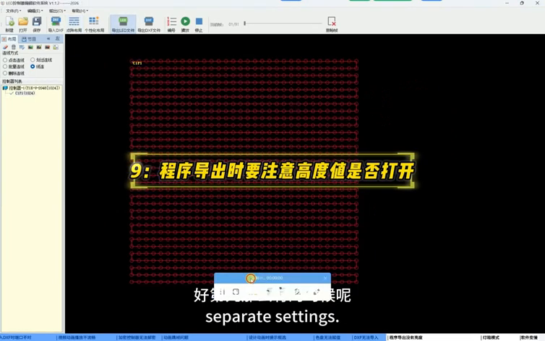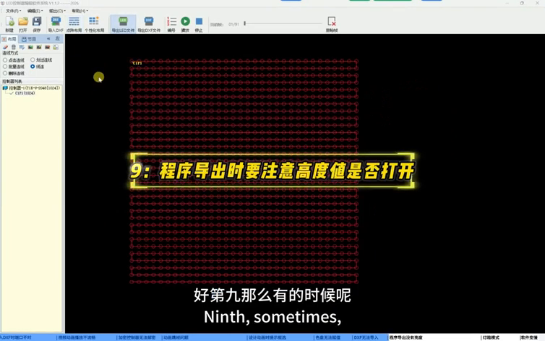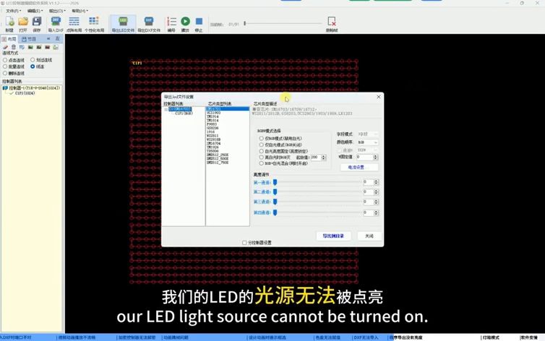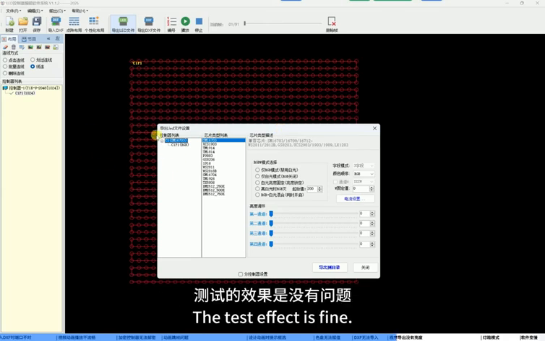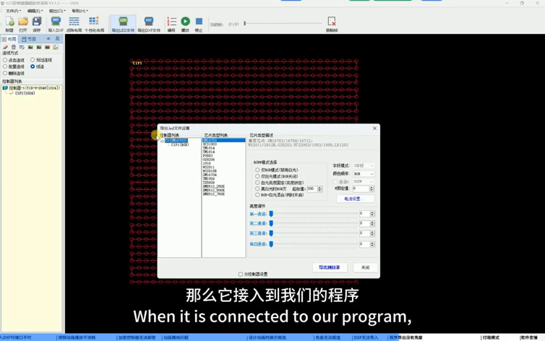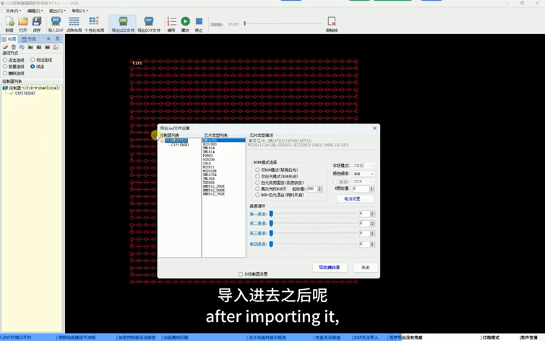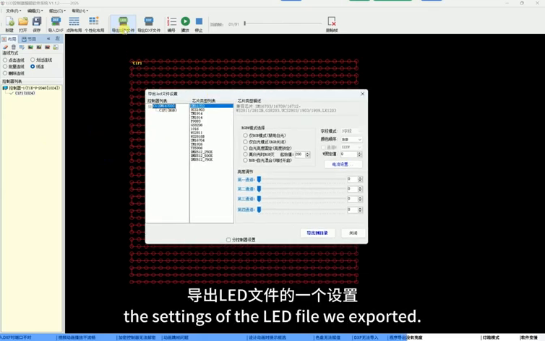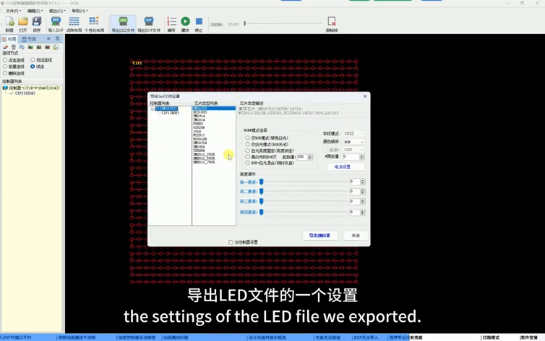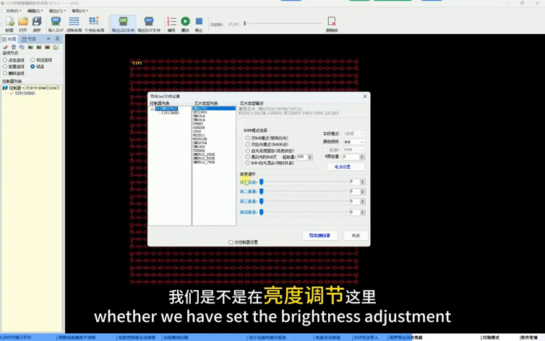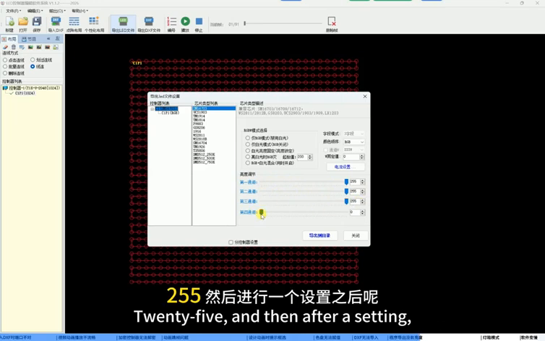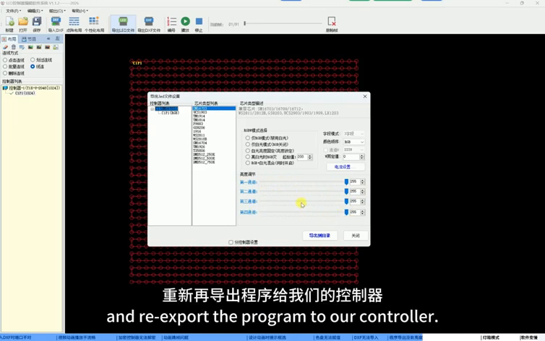Separate settings. Ninth, sometimes when we export the program we have made, our LED light source cannot be turned on. The test effect is fine when it is connected to our program. After importing it, our lights can't be lit. At this time, we need to check the settings of the LED file we exported, whether we have set the brightness adjustment to default to 0. Okay, we need to set it to the maximum, 25, and then after setting, re-export the program to